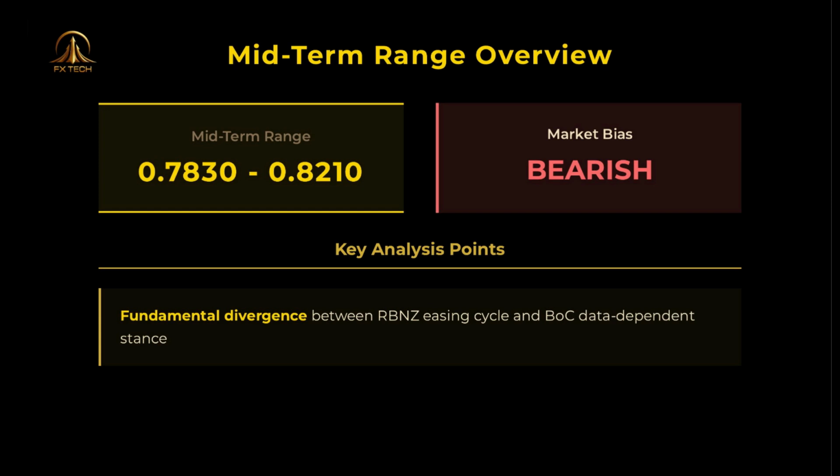Looking at the midterm outlook of 1 to 3 months, we're projecting a range between 0.7830 and 0.8210, maintaining a bearish bias. The fundamental divergence between the RBNZ's easing cycle and the Bank of Canada's data-dependent stance supports this bearish view. The 52-week low at 0.7828 represents a potential target if the downtrend continues. Both central banks are facing economic headwinds, but the RBNZ's more dovish stance gives the edge to CAD strength in